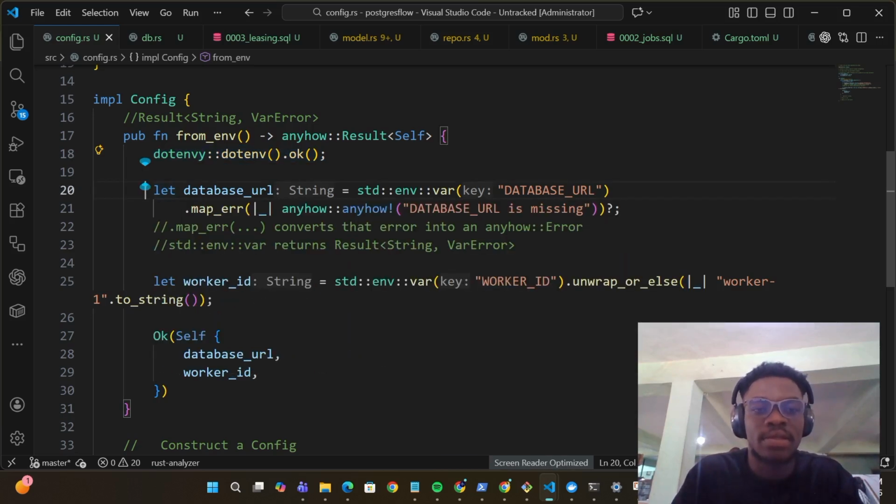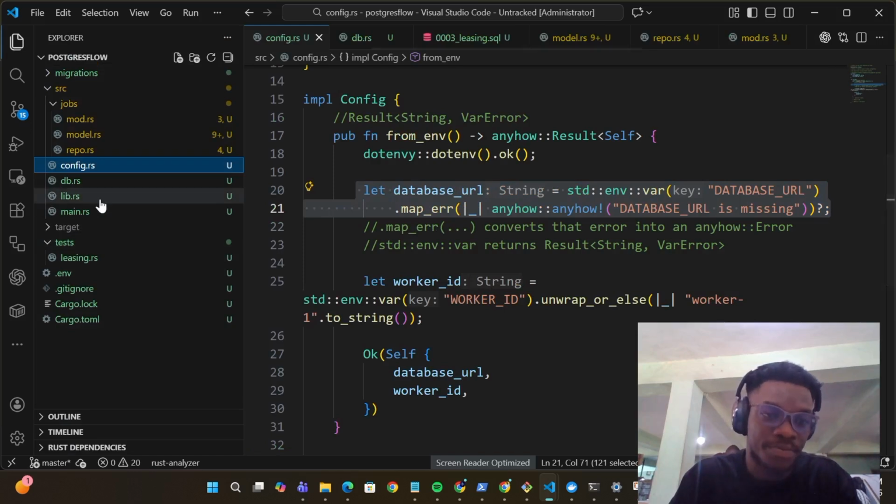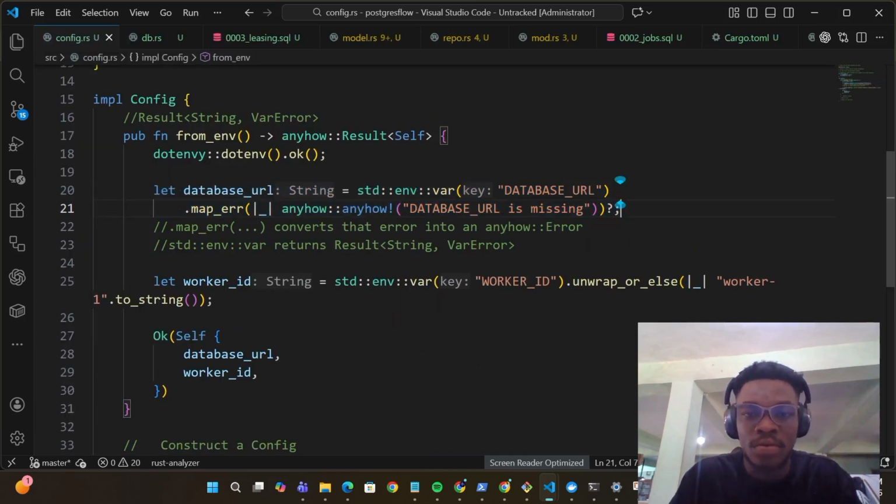And so this is our database, and this is trying to read our database variable, which we stored in our .env file. So what this is basically doing, and maybe I should take my time and explain this. Maybe in subsequent videos I might be rushing. So now, subsequently, what this means is that